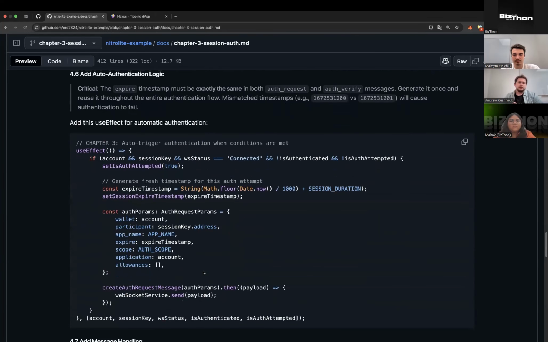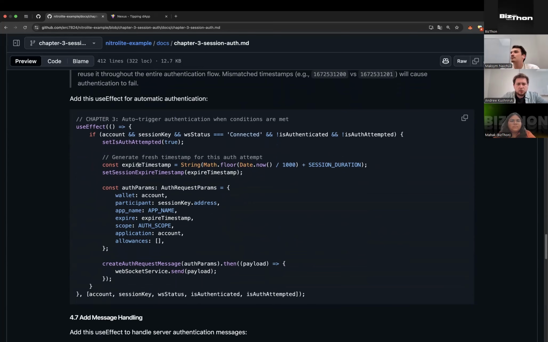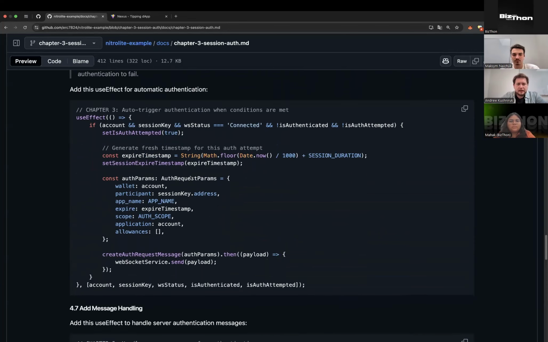Okay, we have the session key. We have our account with the wallet client. Now let's build the message for authorization. We take our expire time based on the constant which we specified at the top of the file, and we build our authorization params. It includes our wallet client as the account. We take as a participant our session key address, which was generated, our app name from the constant that was set, and also our scope,